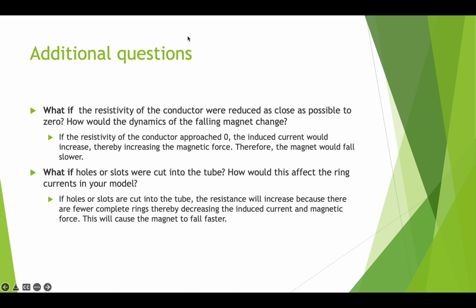What if holes or slots were cut into the tube, and how would this affect the ring currents in the model? If holes or slots were cut into the tube, the resistance would increase because there are fewer complete rings, so it would then decrease the induced current and magnetic force, and overall this would cause the magnet to fall